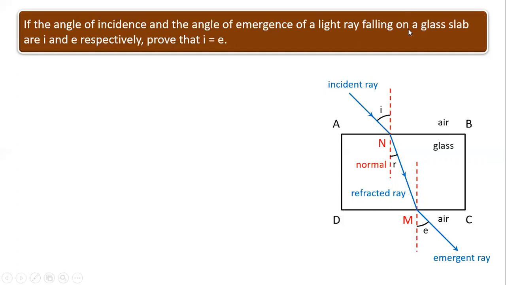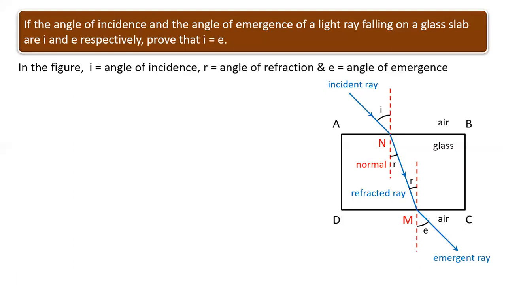Now students, I want you all to look at where my mouse cursor is. Look at this angle. It is the angle of refraction. We all can see this. And now look at this angle. Children, can you see this angle and this angle are alternate angles? Now, if they are alternate angles, then the value of this angle is also equal to R. So now looking at this diagram, in this figure, I is the angle of incidence, R is the angle of refraction, and E is the angle of emergence.